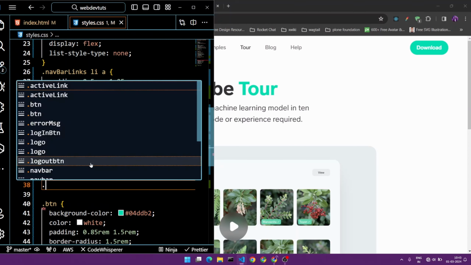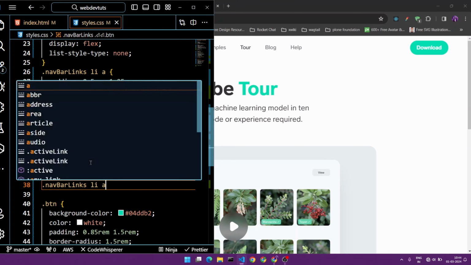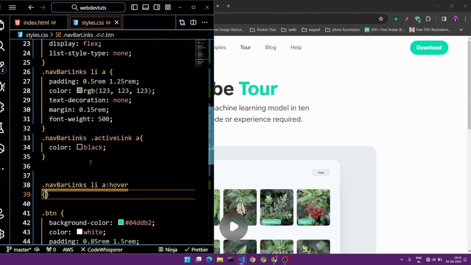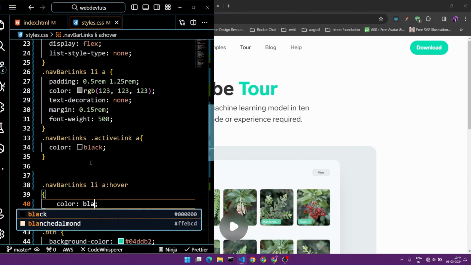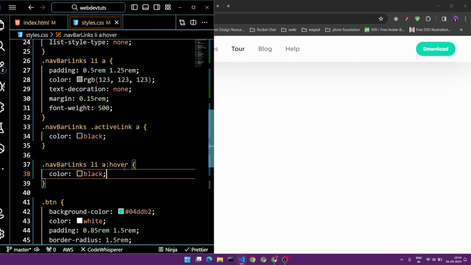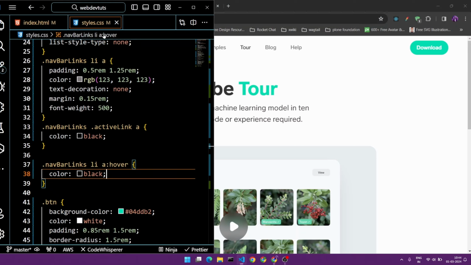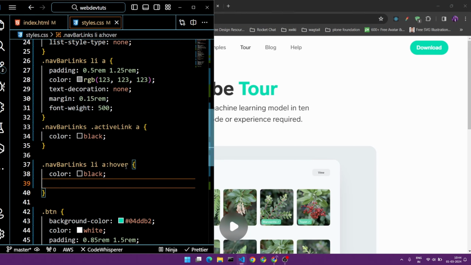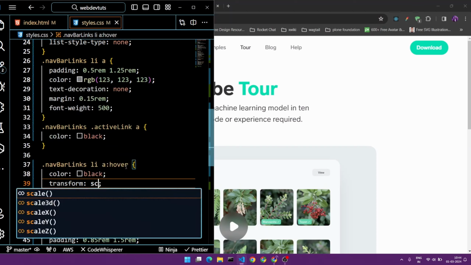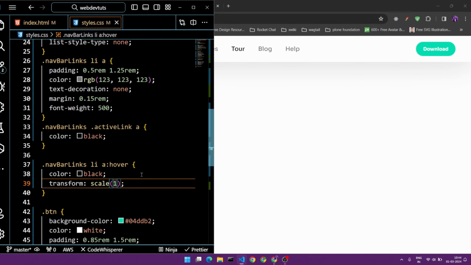Simple. I'll give navbar links li a. On hovering everything, I just need to give color black. Okay. I go again. See, since previously also it is black, it won't affect. And if you observe here, there's some scale. Very tiny scale. It is enlarging, right? So transform scale will be the property. By default it will be 1. You go and see nothing happens. If you give 1.5,